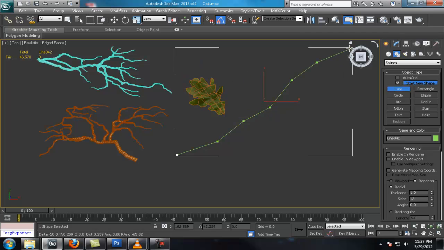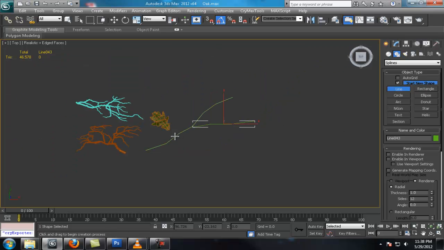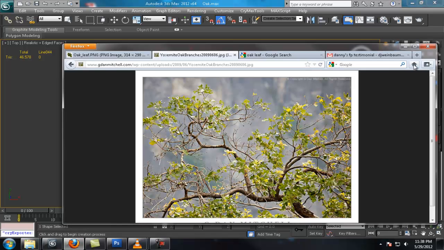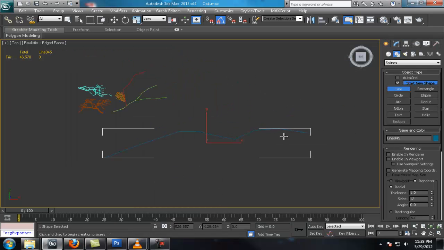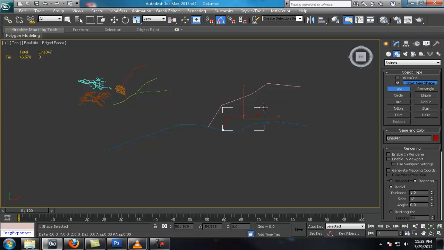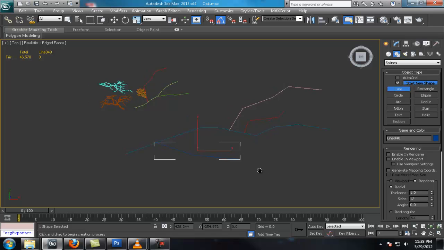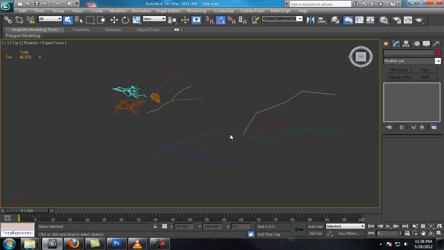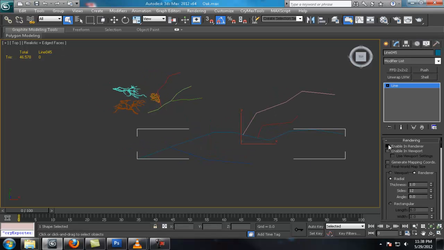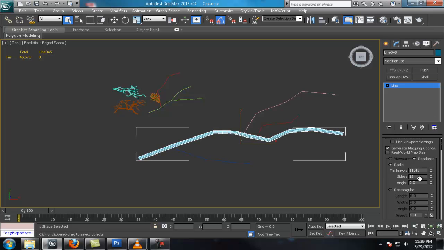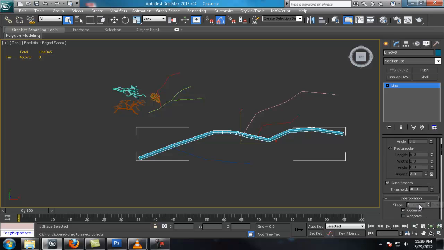Okay, and now I'm drawing out my little mini twigs, which is, you know, I have my main branch, and then I have these little twigs that come off of it that the leaves will attach to. So that's what I'm drawing out right now. And I don't have many points there, as you can see, simply because it's going to be really small,